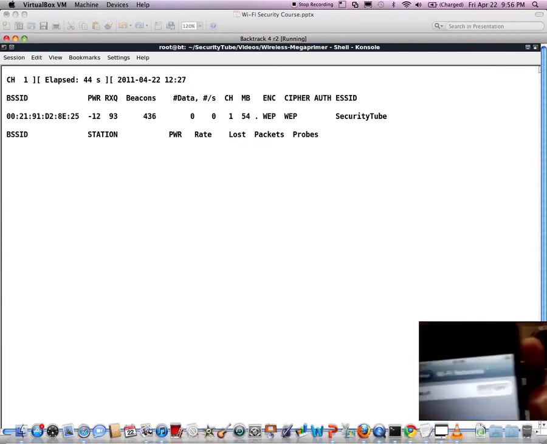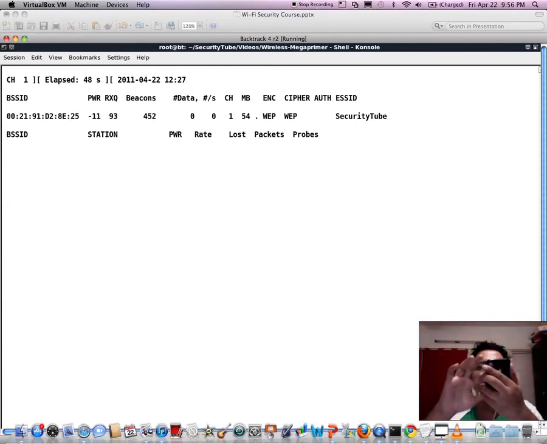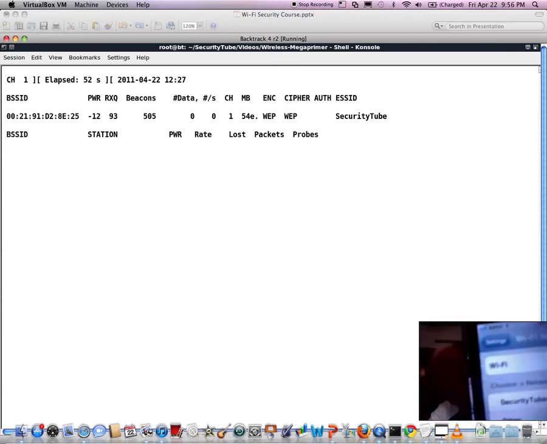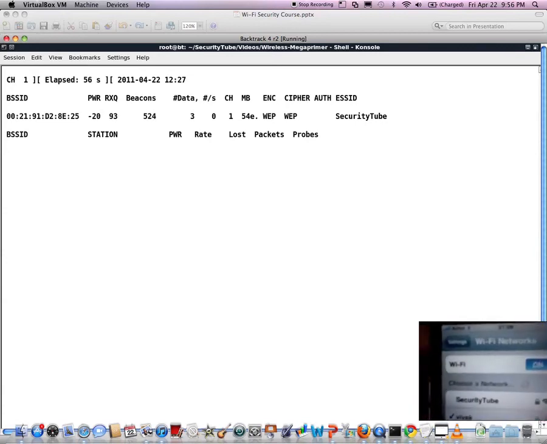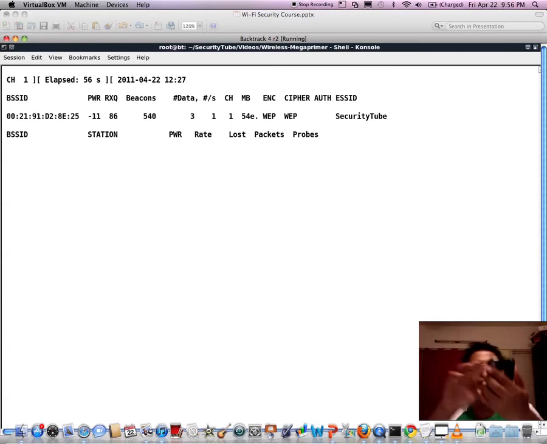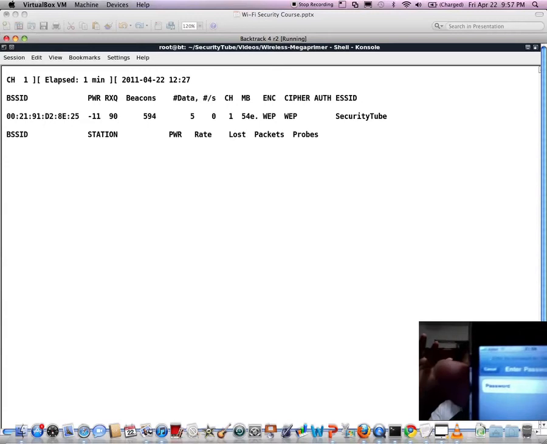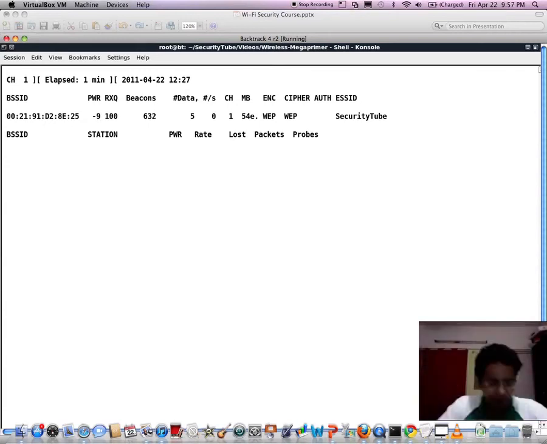turned off. Let me turn on Wi-Fi and let me connect to the security tube network. Now it's connected to my home access point, and I'm about to enter a WEP password here.